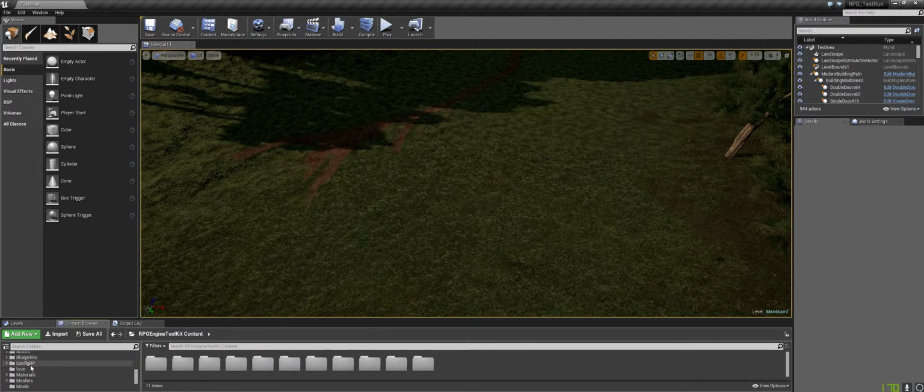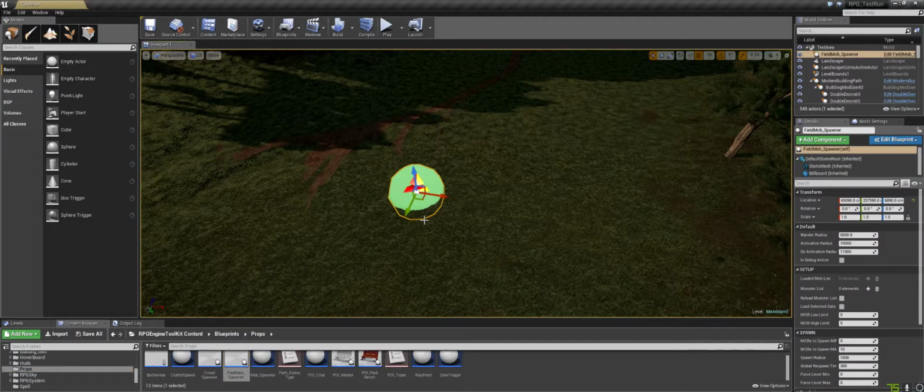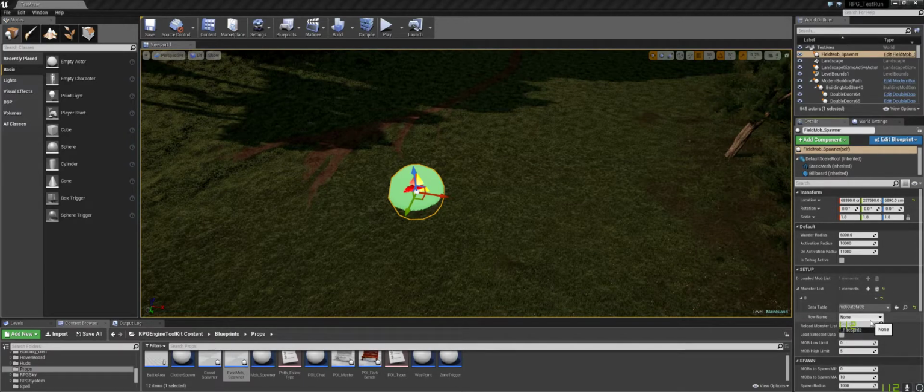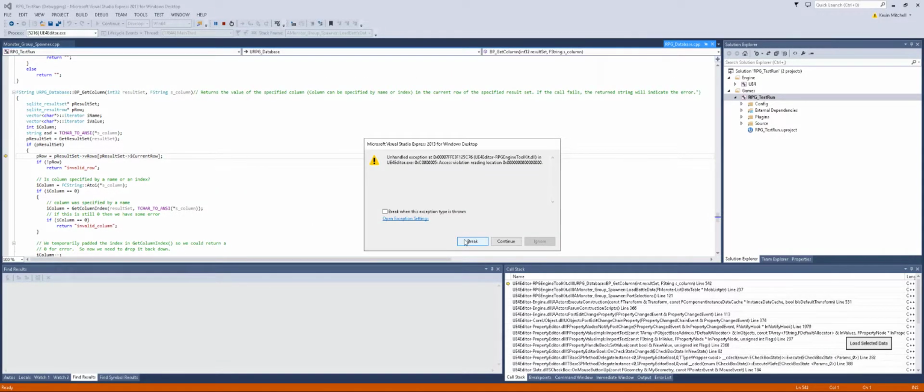Go down to content, blueprints, and props, and inside here, let's load our information again. We're going to set this, and now when we copy the information,